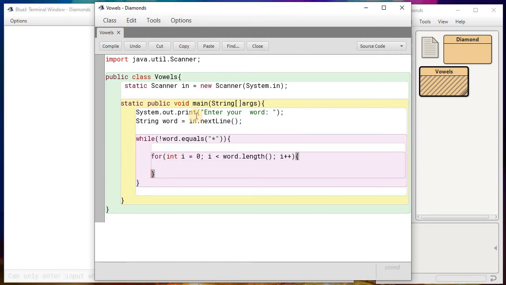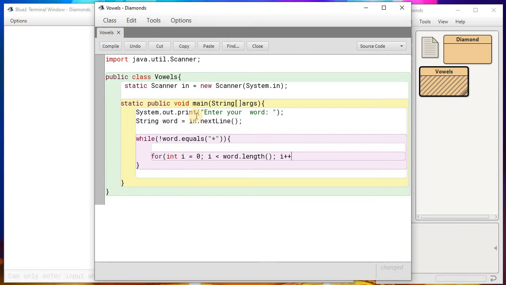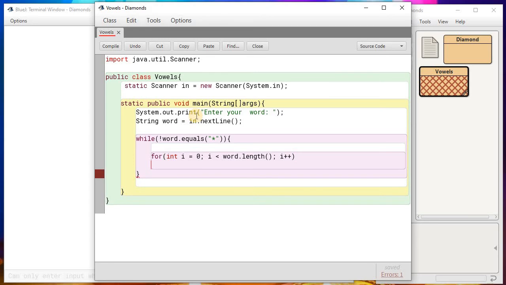So in here I'm going to write an if statement: if a, e, i, o, u, the vowels exist or contains